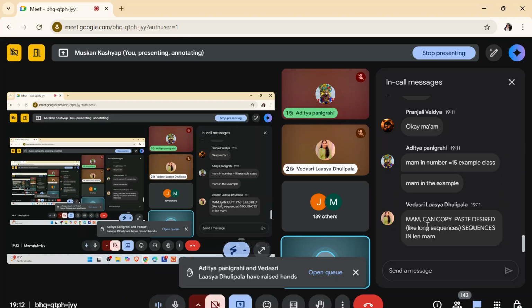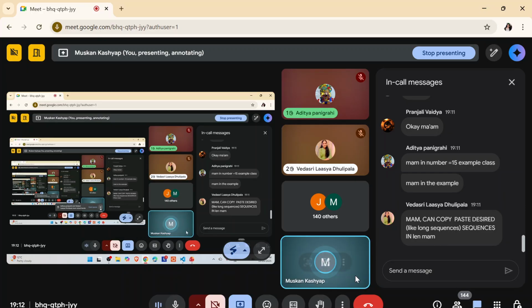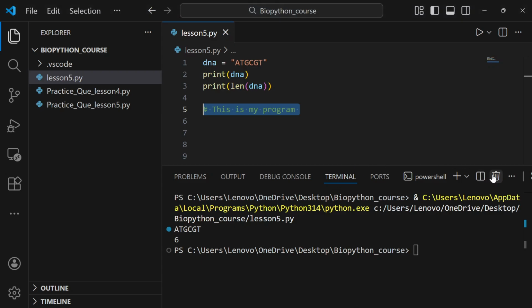Vidasri, I'm not getting what you are typing here. Can you write it in a clearer way? Aditya, I gave this example, 15, that